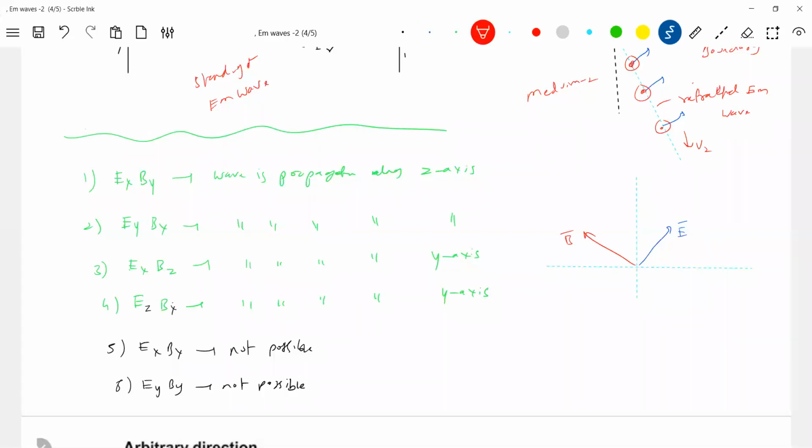Of course, it is propagating along now which axis? Along the z axis. But E bar and B bar, they're not along the axis. It can happen. I can orient the B bar like this. So all possibilities are there. Or you can propagate in space. Here we are confined, it is propagating along the z axis.